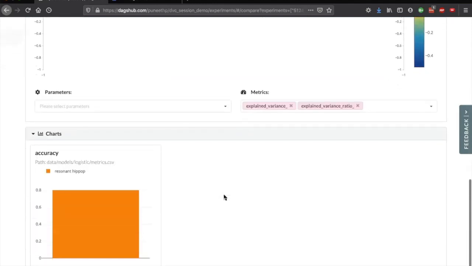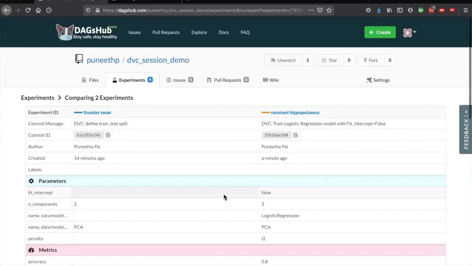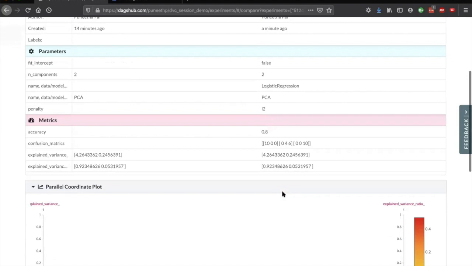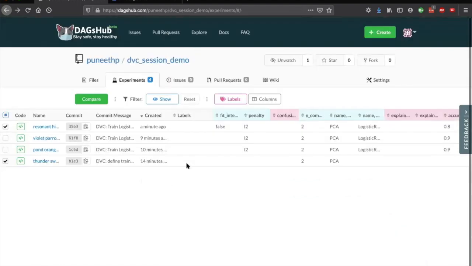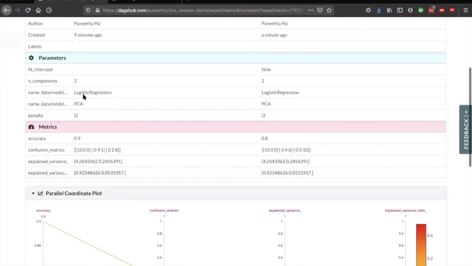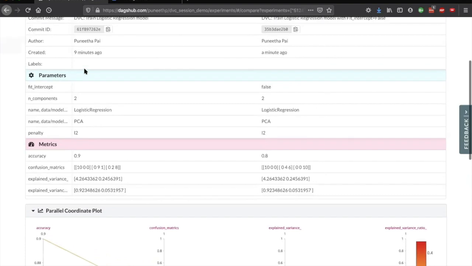So here it shows list of parameters for this experiment, list of parameters for this experiment. So when I say fit intercept true, the accuracy was 0.9, but with the false, it's 0.8.